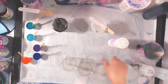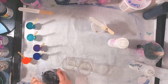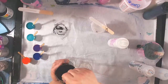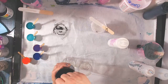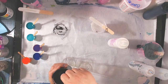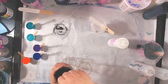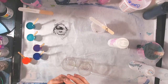Okay, so we're going to put, where'd my black stick go? There it is. And put a little bit of black at the bottom of each one of these. And this is carbon black, Floetrol, and Rust-Oleum enamel paint, because I'm not going to use that wood conditioner. That stuff stinks to high heaven, for one. And two, it's actually kind of expensive. So this I found works for the lacing in the bloom pour technique. And this is just carbon black from,